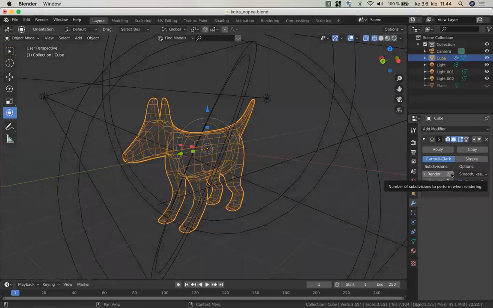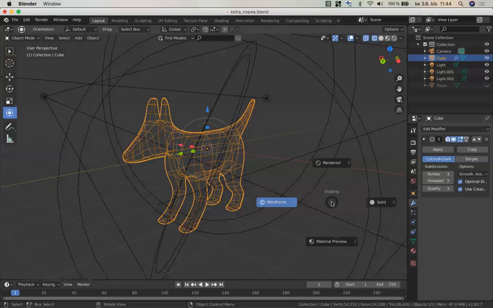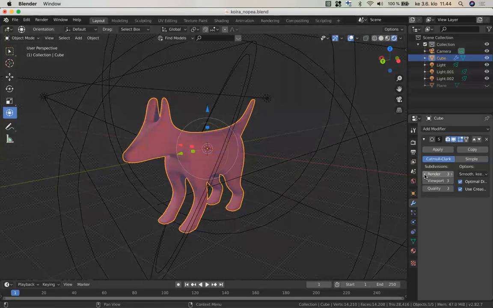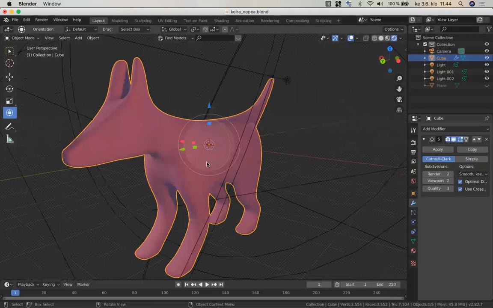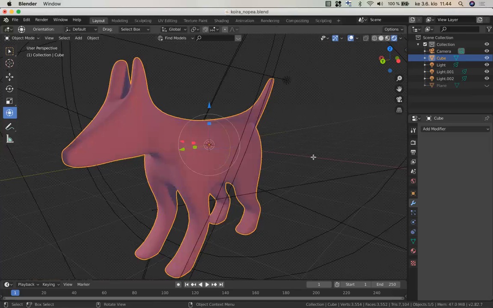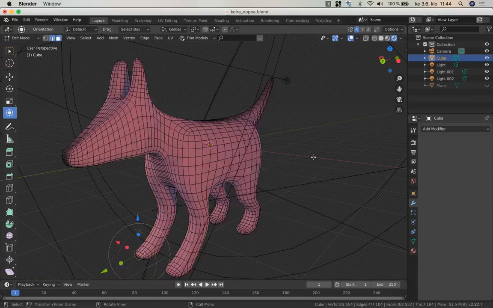If I click more subdivisions, then it will change it even smoother. Let's see. It's also making it shrink a little bit whenever you do this. But I think 2 subdivisions are okay with this dog. So now if I apply this, apply modifier and go to edit mode, now this is what the dog looks like,